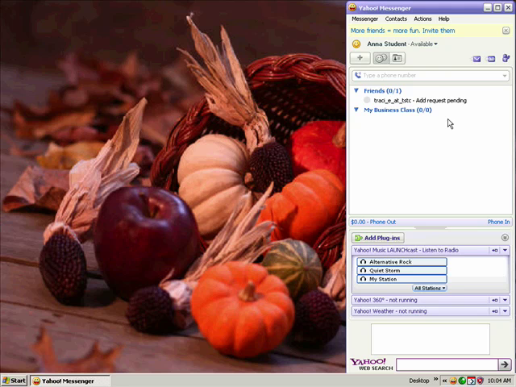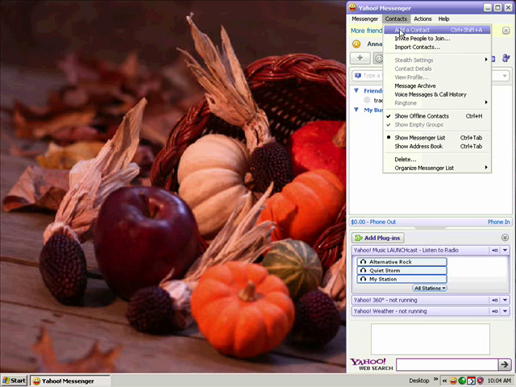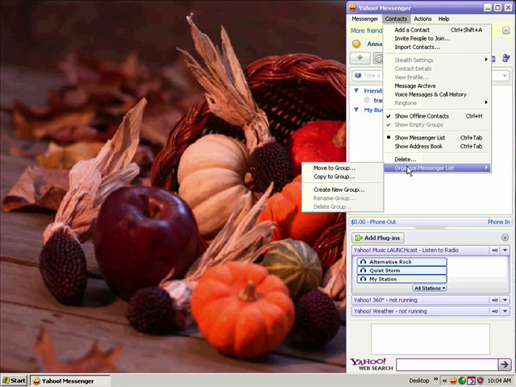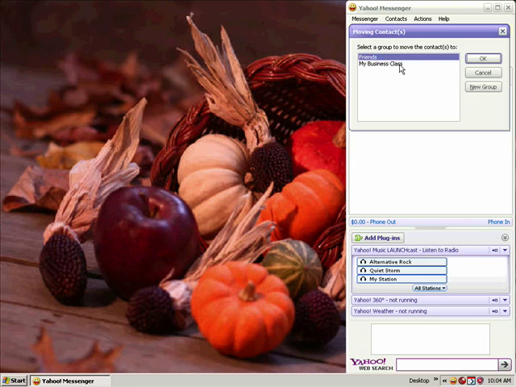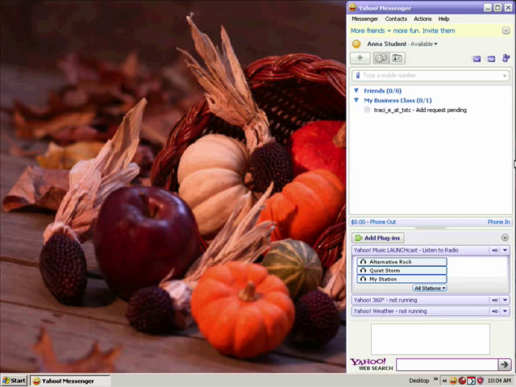Okay, and at this point you have 0 in the business class, but you can move friends from one group to another by clicking on Move to Group. You'll select which Yahoo user you want to move, and then select which group you want to move them to, and then click on OK. And so notice now I have 0 in the Friends group, and I have 1 in the My Business Class